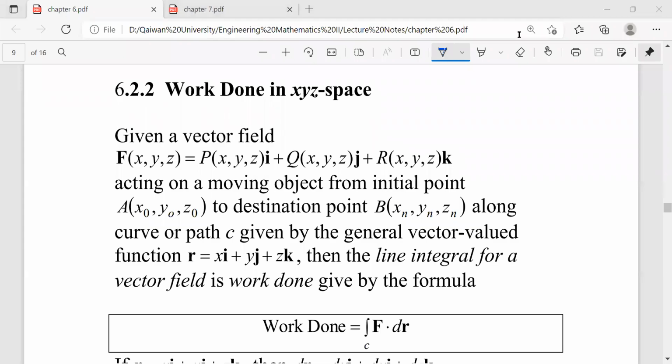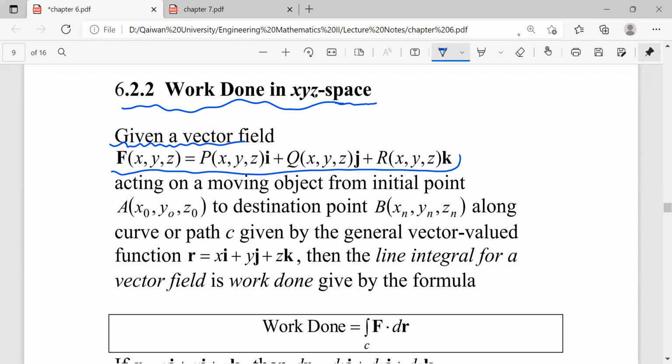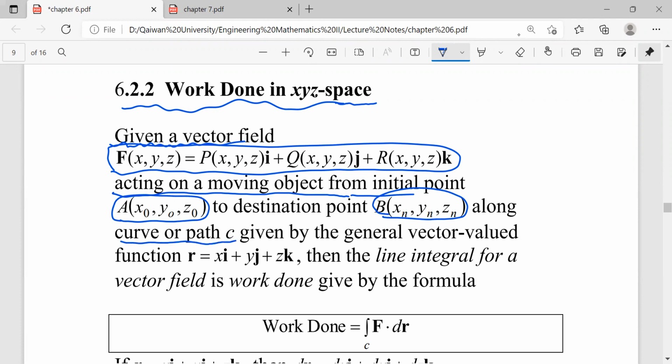In the previous lecture, we talked about how to find the line integrals. We now have work done in spaces. We say the work done in XYZ space: given a vector field in R3, which is F of XYZ equals P of XYZ i plus Q of XYZ j plus R of XYZ k, acting on a moving object from initial point A to destination point B along curve or path C, given